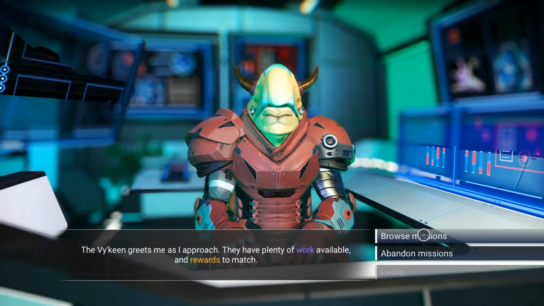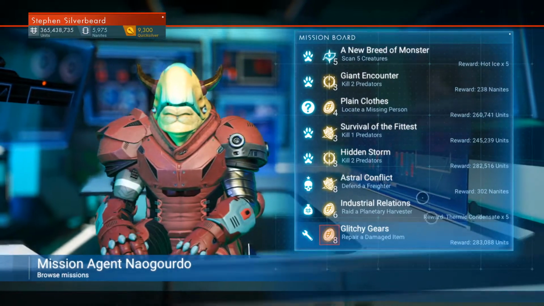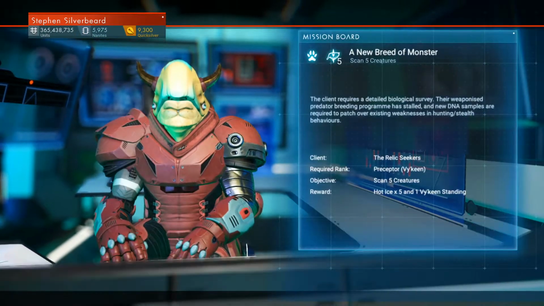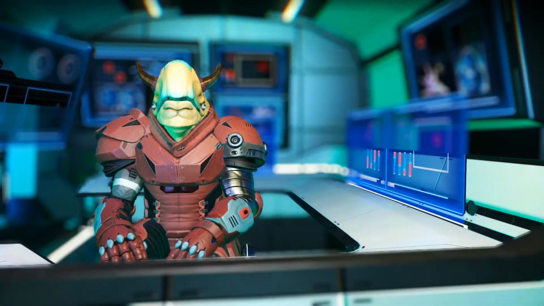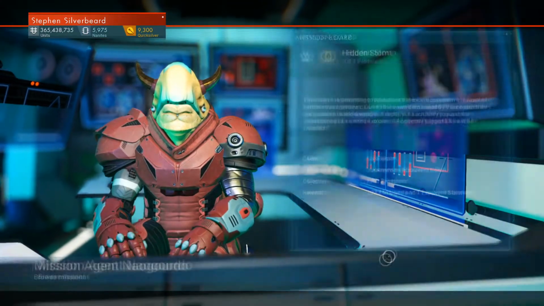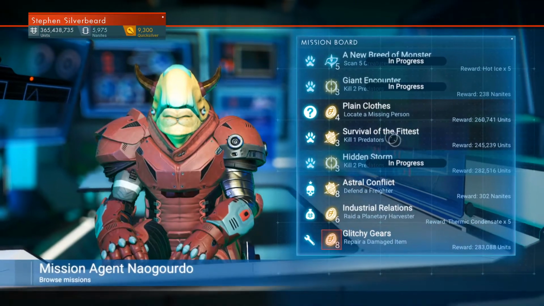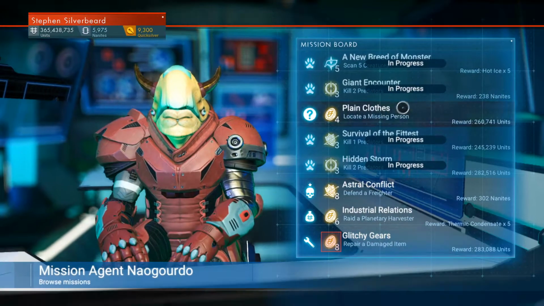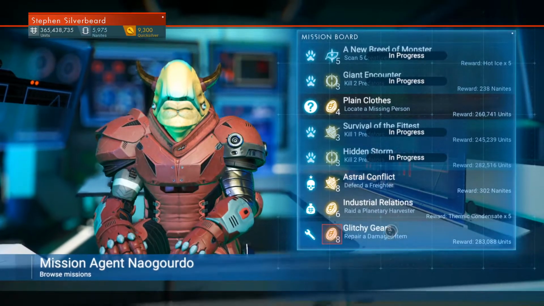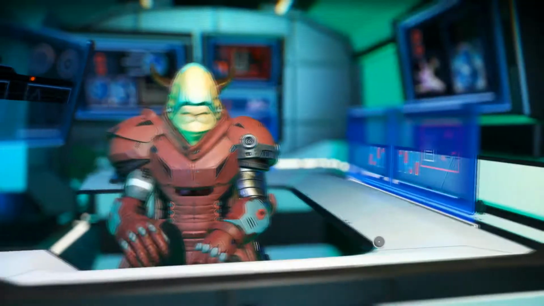Work. Browse missions. Kill. Scan 5 creatures. We'll take that. Kill 2 predators. We'll certainly take that. That's free money. Kill 2 more predators. Yep. 2 for the price of 1. 3 for the price of 1. Locate missing person. Defend a freighter. Repair damaged items. Yeah, well, sorry about that, but what